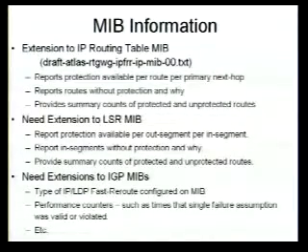So let's talk a little bit about MIBs and manageability for this. For loop-free alternates, there are a number of different MIBs which are needed. Basically, there's one for IP, which is just an extension to your IP routing table to tell you which routes are protected, what their alternate next hops are, why routes aren't protected, give you some summaries so you can monitor what the protection is.